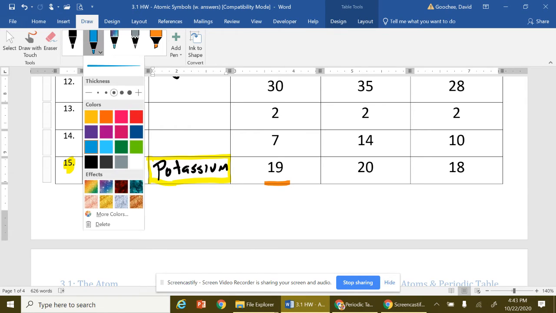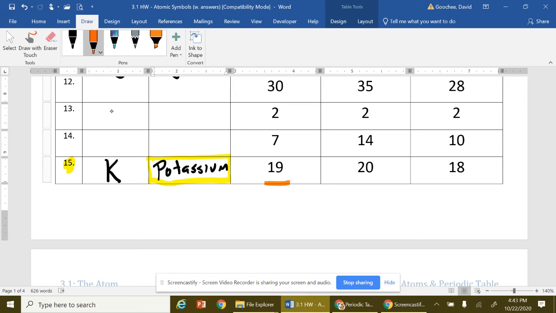All right, good. Now we've got to fill in this atomic symbol over here. The easiest number is the number on the lower left. That is its number of protons, its atomic number. So we're just going to put 19 here. The number on the upper left is its mass number. That's its protons plus its neutrons. So 19 plus 20, this atom has a mass of 39 AMU. Okay, lastly,